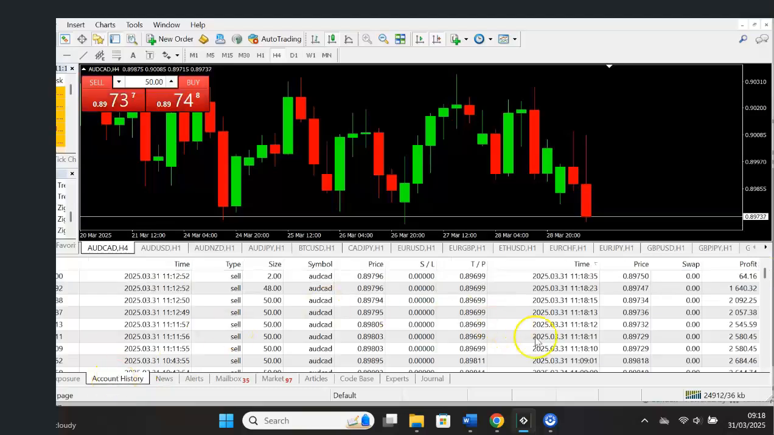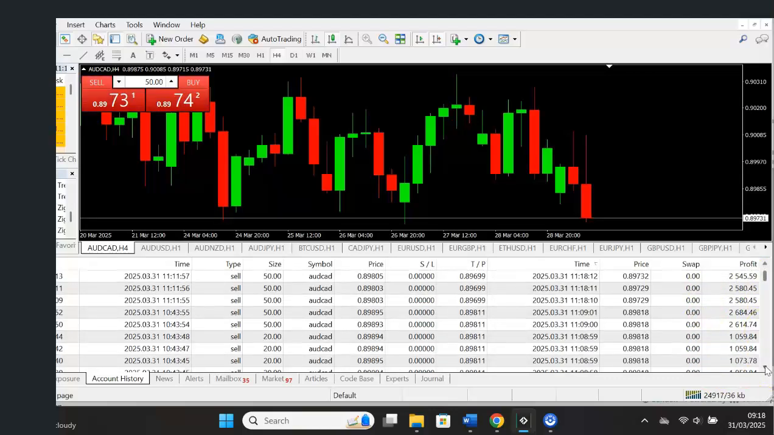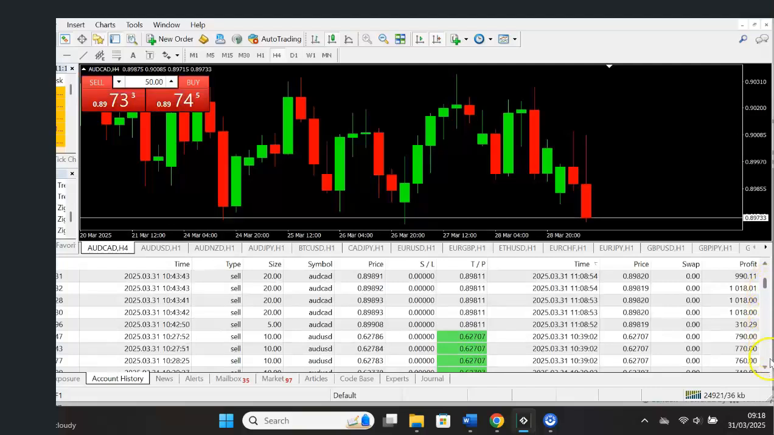And here you go guys, these are all our profits on the right from just one trade. Well, one trade, I mean one pair, multiple trades at the same time. And as you can see there, multiple